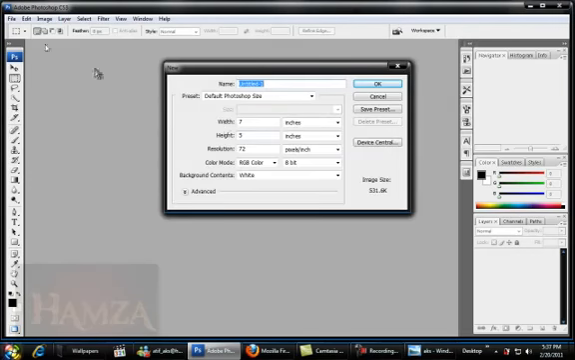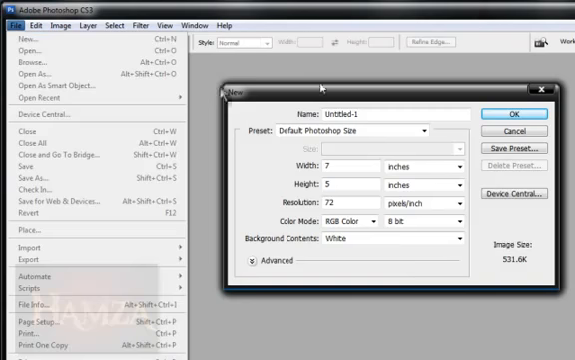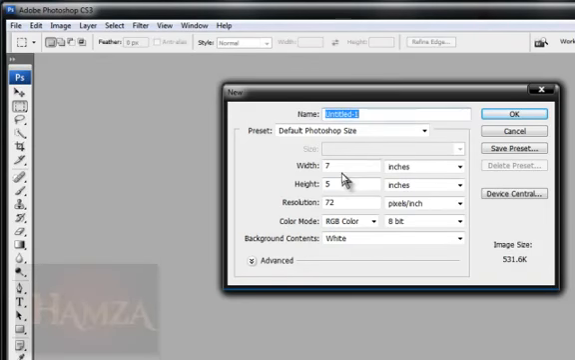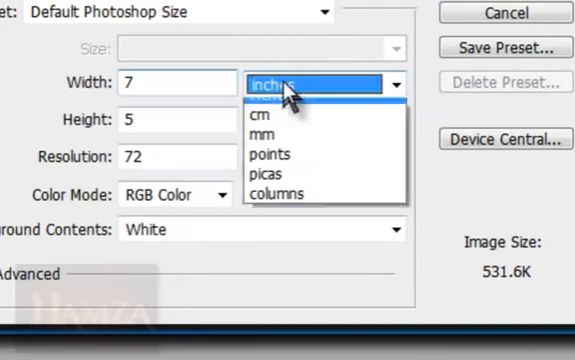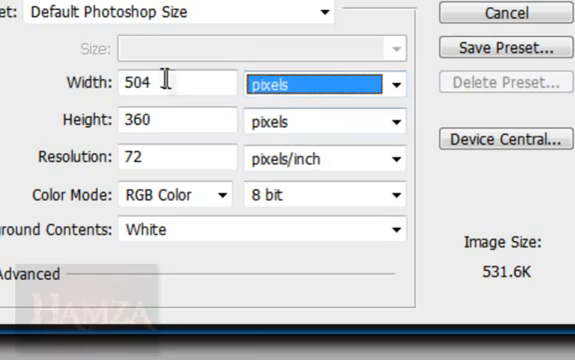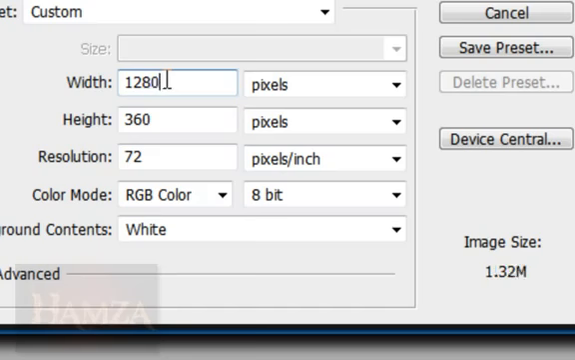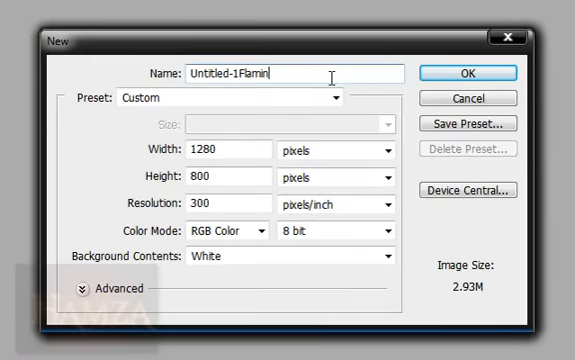First of all, you should go to File and click New and this window will appear. Set this unit to pixels and enter your desktop resolution here. My desktop resolution is 1280 by 800, and set this resolution to almost 300 pixels. Click the OK button. Let's name the title as Flaming